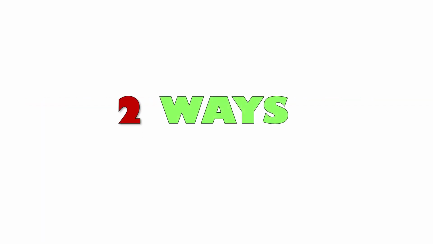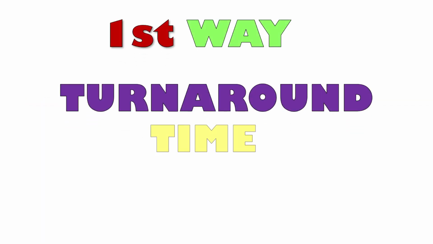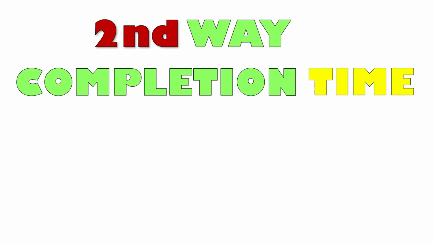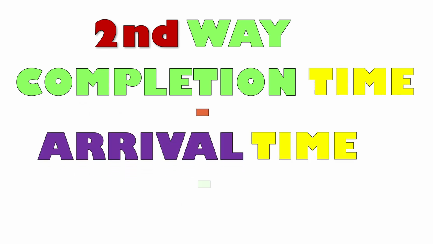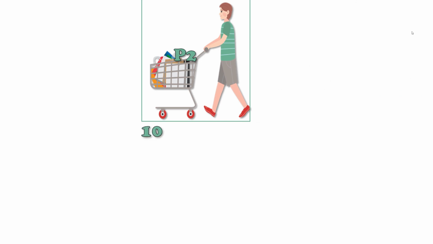Finally, what does waiting time mean? Well, there are two ways. The first way is turnaround time, which we will cover in the future, minus burst time. The second way is completion time minus arrival time, and minus burst time. In this case, for person 2, the start time value is 10 and the burst time is 5. Sum them, and you get 15. And you subtract 3 and then 5, which equals 8.